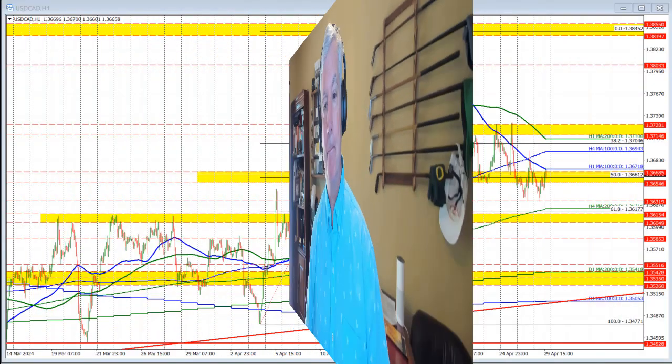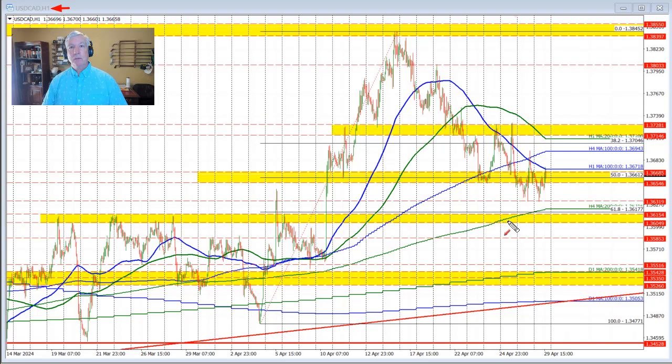This is a Forex quick look at the dollar versus Canada. Today's date is April 29, 2024. In this video, I'm going to take a look at the technicals that are driving this currency pair and try to make sense of the charts from the price action. So let's get started. I'm looking at the hourly chart, and technical analysis is about visuals, and what we see